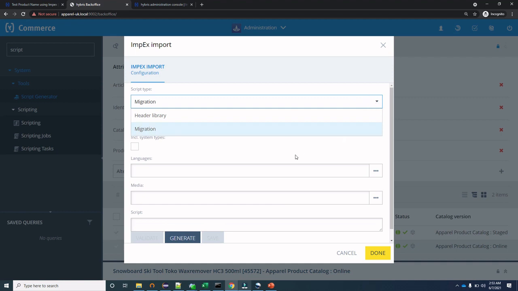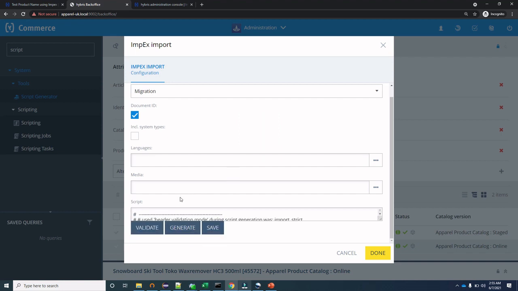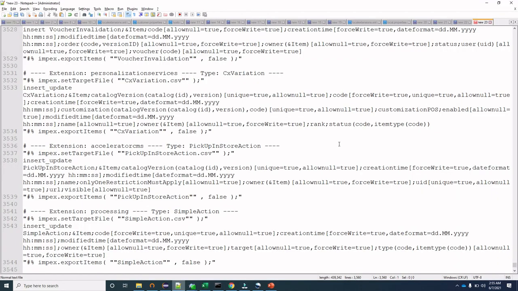and what kind of script type you need. Here we are just putting migration. And now when you click on generate, you can see the script in the script section. Let's copy this and put it in the notepad.